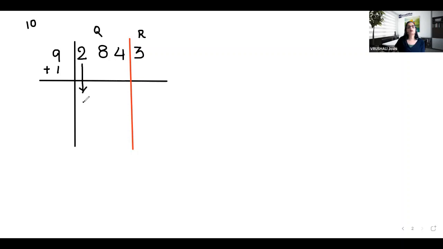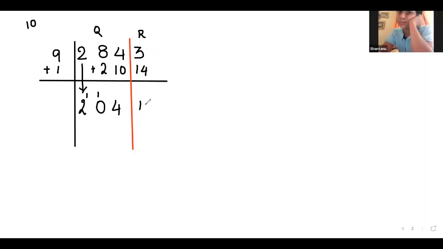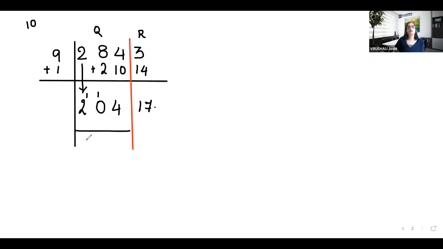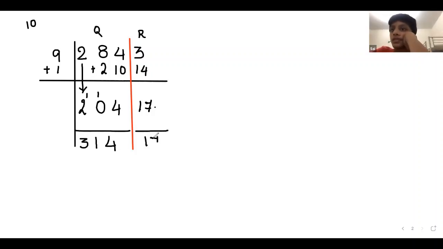What should we do? Same thing, pick down 2 as it is. 2 ones are 2. That will give you how much? 10. I can carry over 1 and write 1 here. No doubt. We can definitely do that. Okay. But while multiplying, it will be 10 ones are 10, so I will add another 10 here, correct? Which will be 14. 14 ones are 14. Here I have 17. Now, the total on this side will be 3, 1, 4. And the total on this side is 17.